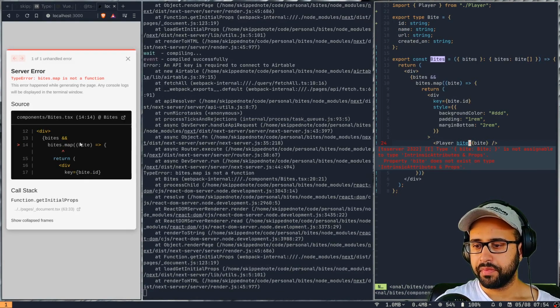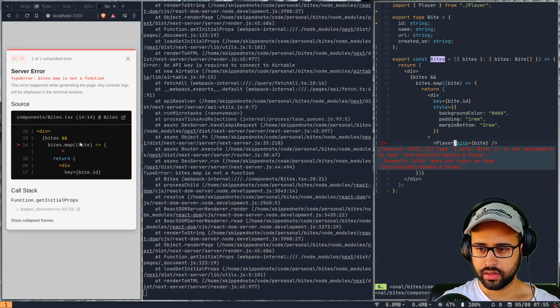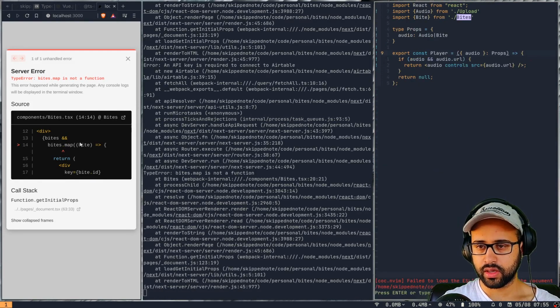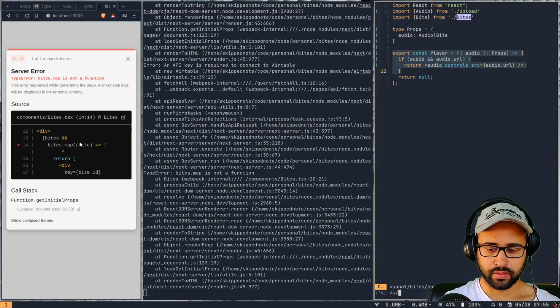So type byte is not assignable to, okay, property byte doesn't exist on intrinsic. But why do we need the property byte? That is what I'm wondering. Okay, I see. Yeah, it should be audio, it shouldn't be byte at all. Bad.